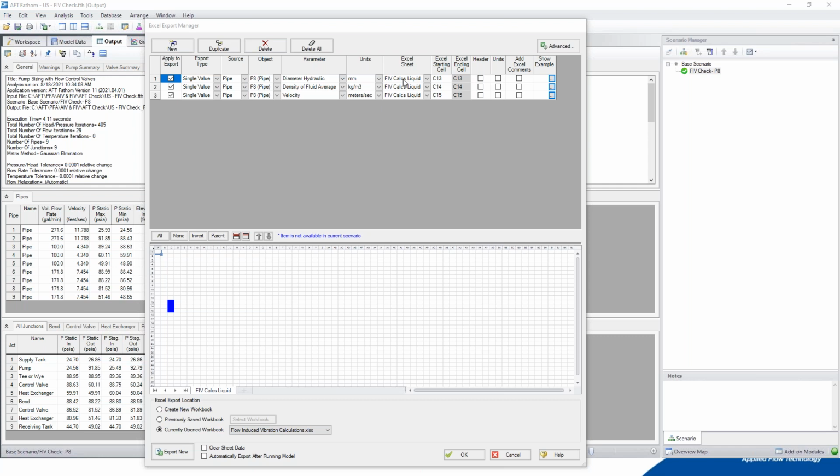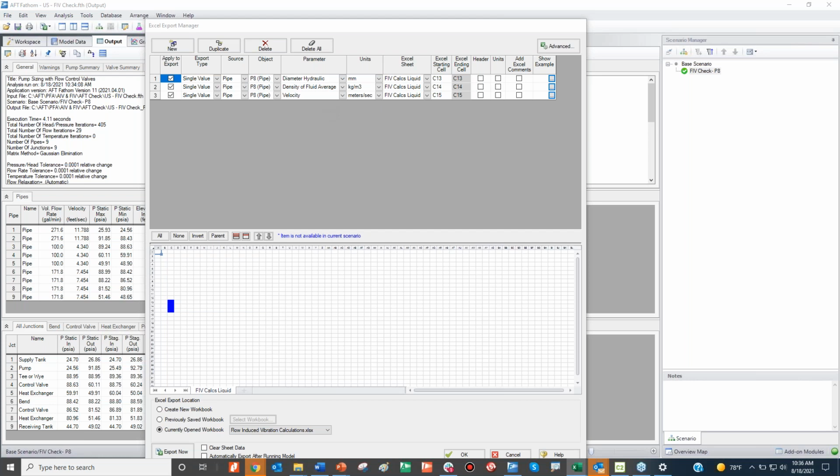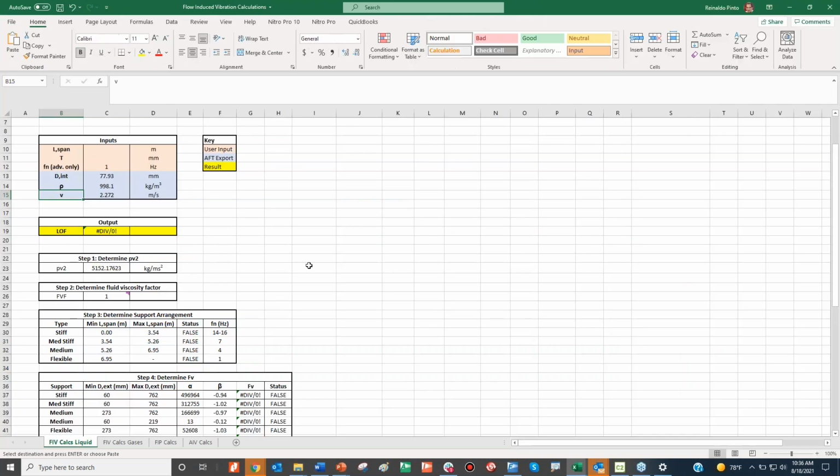And here, since we're going to do a flow-induced vibration calculation, we direct it to the Excel sheet, FIV calcs liquids, which is the name for the tab for this type of calculation. It has to have the same name.